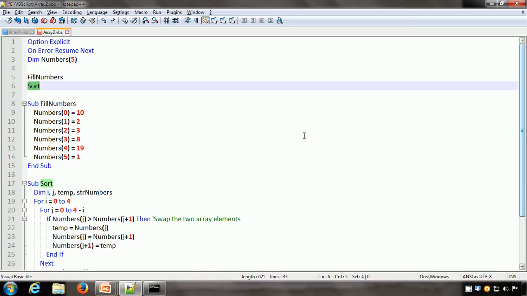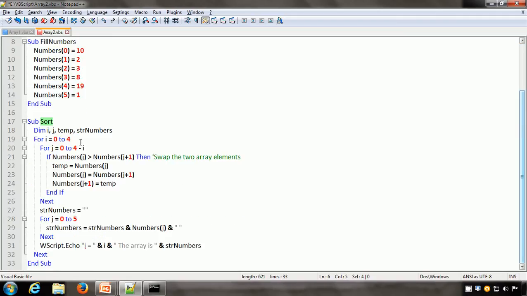Now sorting an array variable means that we place the items or elements in the array in some logical order. So if it is numbers, we can put them in ascending order or descending order. Same with strings, we can put the strings in alphabetical order or reverse alphabetical order. So sorting means each element in the array has to be in a logical order. So how we can do the sorting is, overall we have to use a couple of loops.